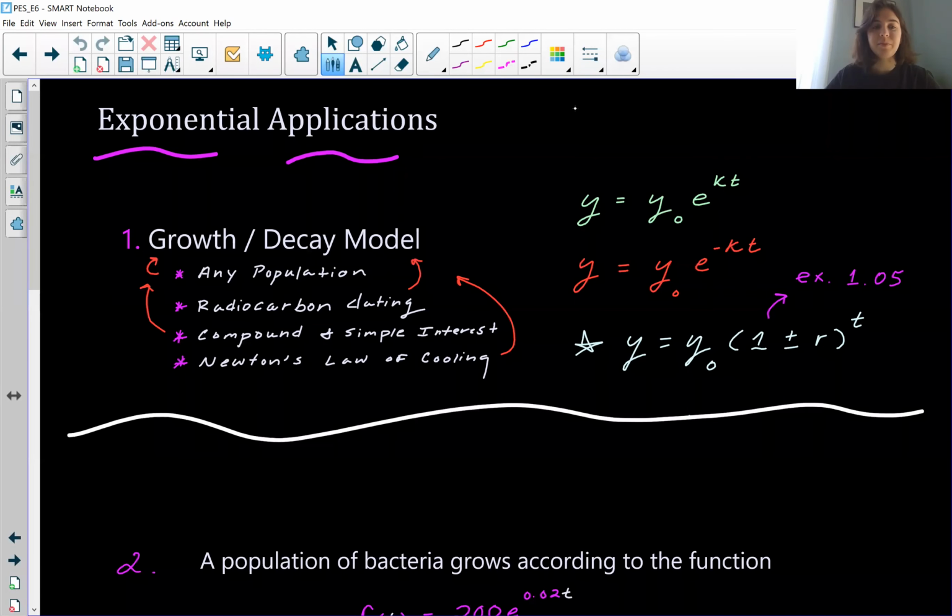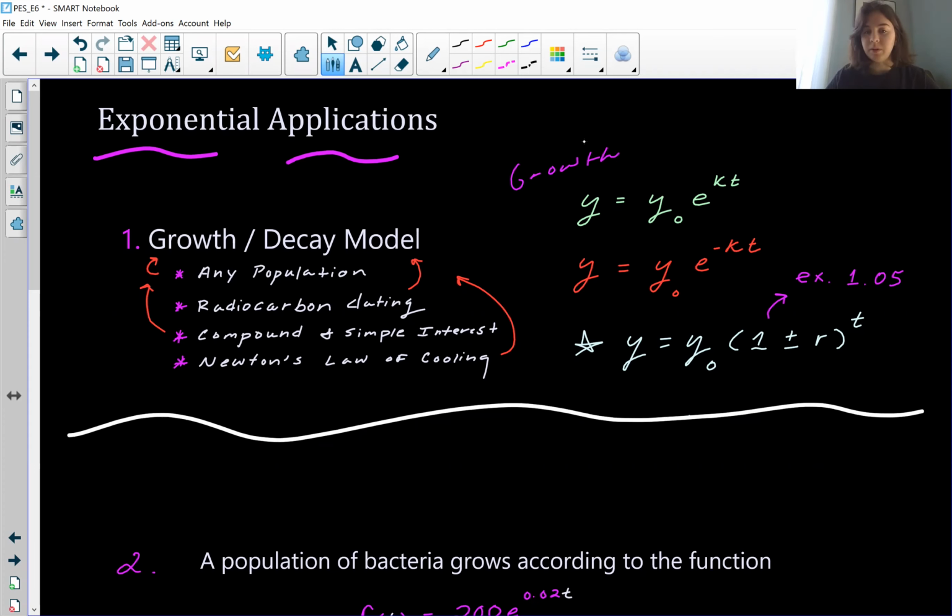All right, so we're going to move right along into the application segment. And so when we're looking at exponential functions, you're either using a growth or decay model most of the time. So a growth model would look something like the green function over here,